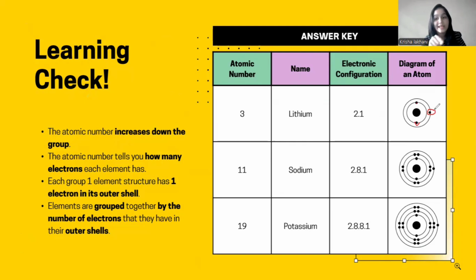Now it is the second shell. What is the capacity of the second shell? 8 is the capacity. So for a capacity of 8, is it easier to take 7 electrons or to just give 1 electron? I guess giving 1 electron is better. So 1 electron can be lost. That is why group 1 has a charge of +1, meaning 1 electron can be lost. So +1 is the valency of group 1, whereas +2 is the valency of group 2, and +3 is the valency of group 13.